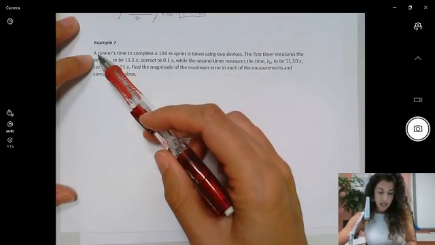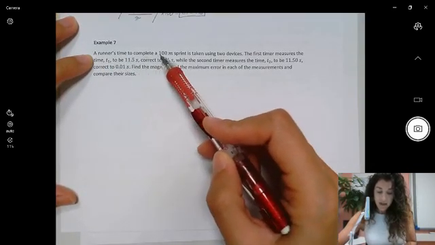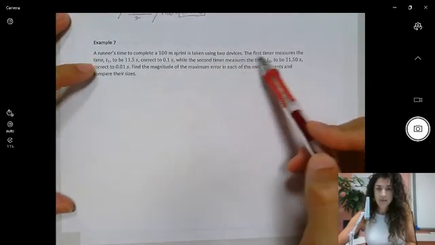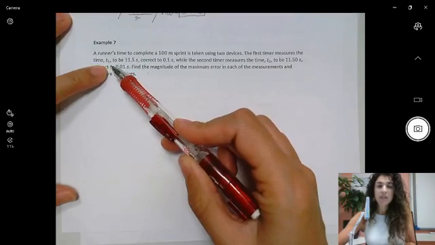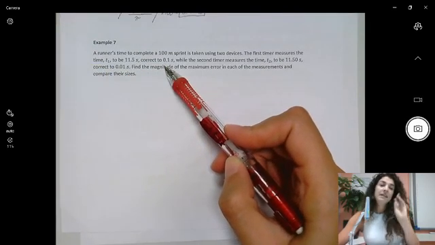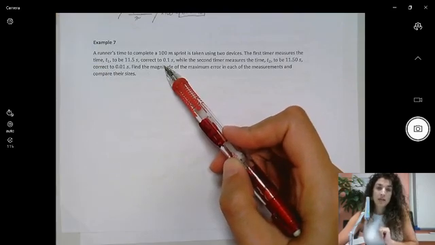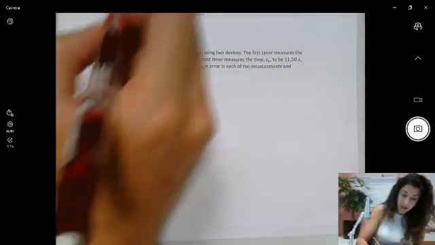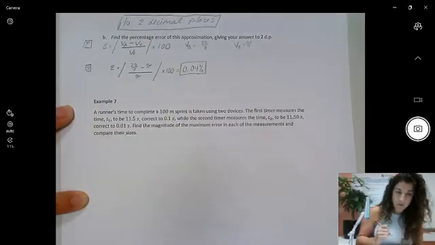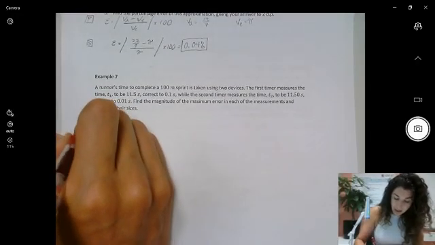A runner's time to complete a 100-meter sprint is taken using two devices. The first timer measures a time, T1, to be 11.5 correct to 0.1 seconds. This is already numbers, this is already information. And part of our planning process, right, up here we had a plan, and then we had a solve. So as a part of our planning process,